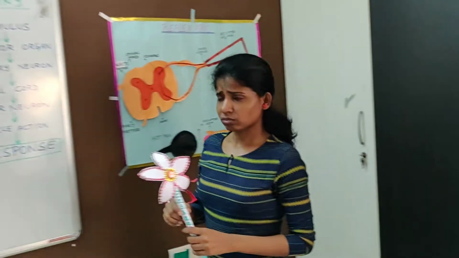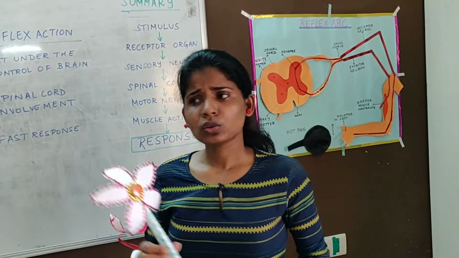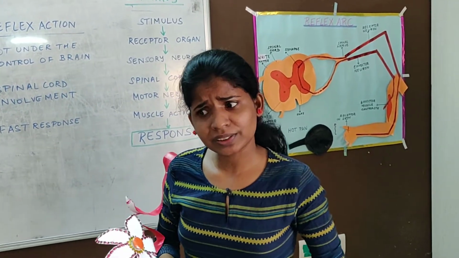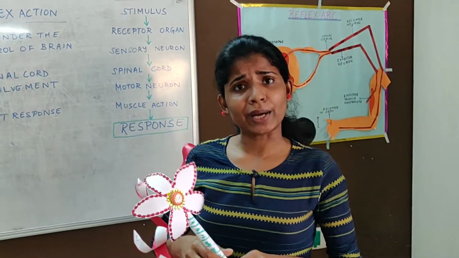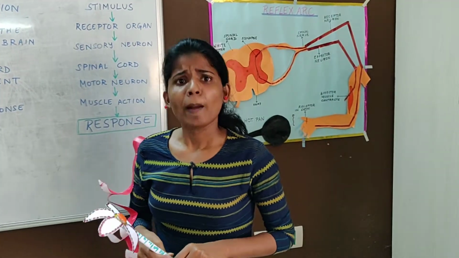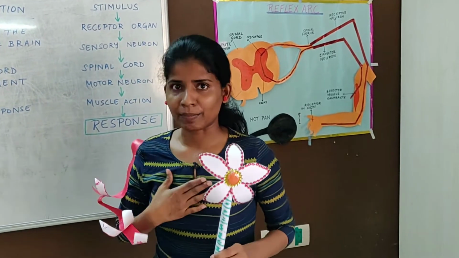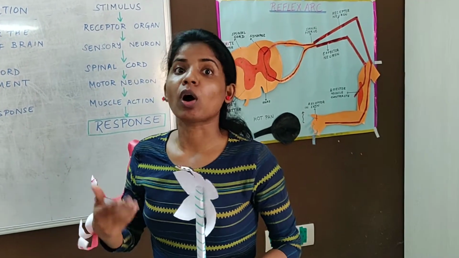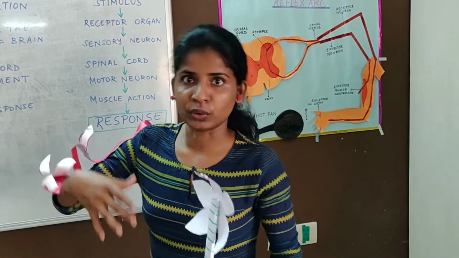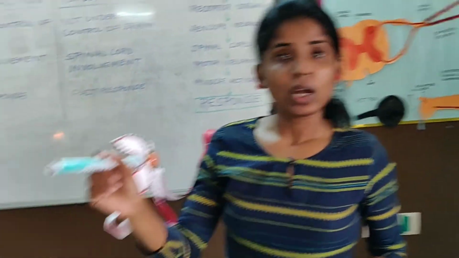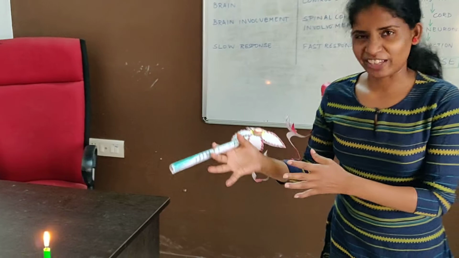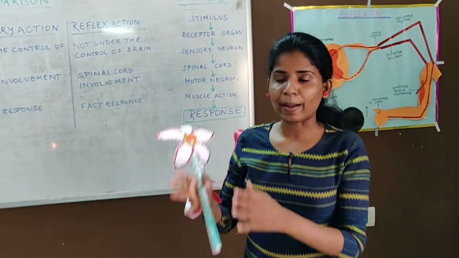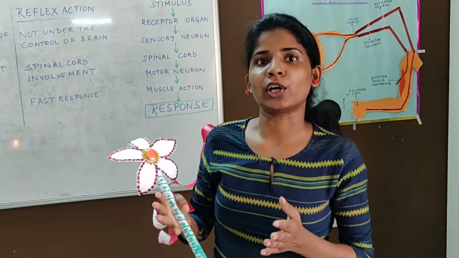Next, I picked up the flower, right? When I picked up the flower, I didn't remove my hand. Did you notice that? Why didn't we remove our hand when we picked up the flower? Because that action happened by ourselves. We knew that we were picking up the flower, so we did the action voluntarily. But we didn't know that there was a candle, a very hot object, so we just removed our hand. That time it was involuntary. That was not in the control of ourselves.